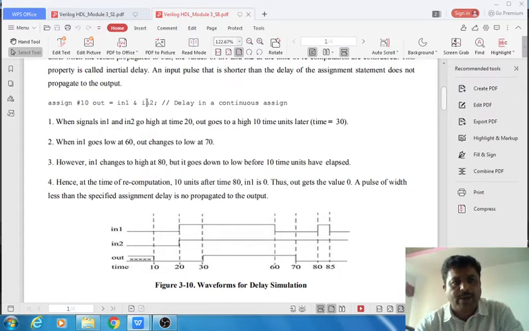That means the output will go low only after 10 nanosecond, that is 60 plus 10, 70 nanosecond. When the simulation time reaches 70 nanosecond, the output changes from logic 1 to 0. That is because at 60 nanosecond the input signal in1 changed from 1 to 0. The and result is 0, but it is assigned to the output signal after the 10 nanosecond delay.